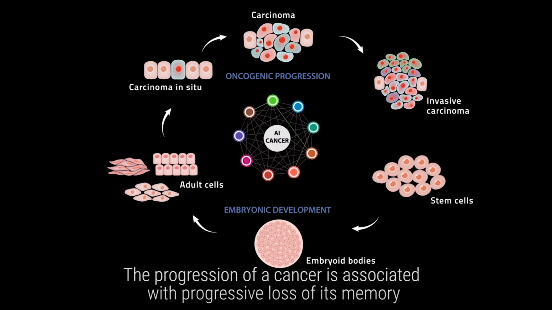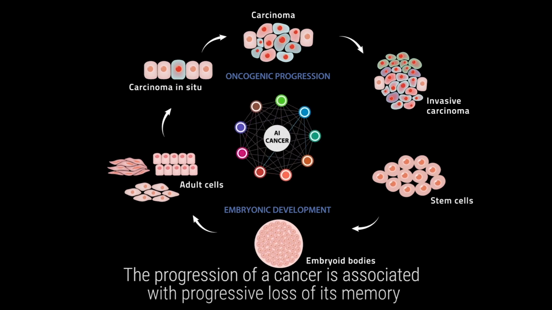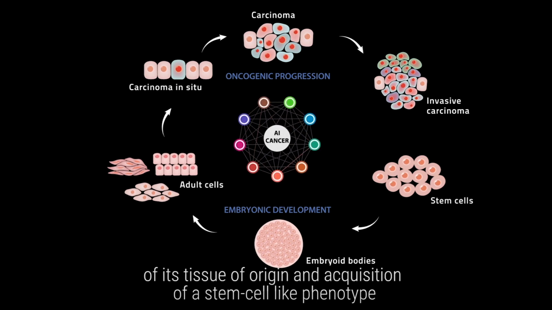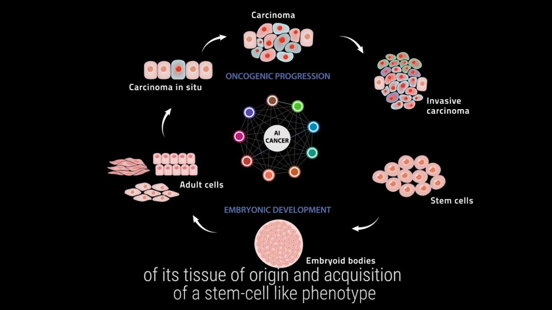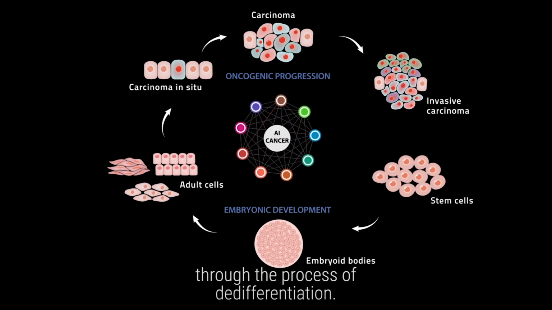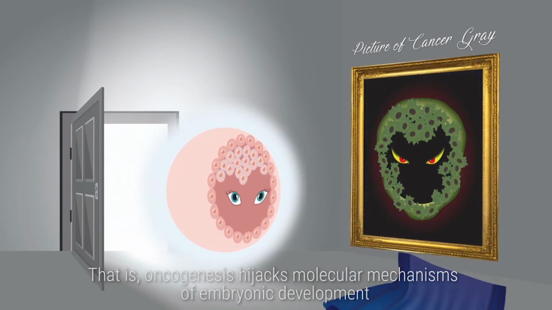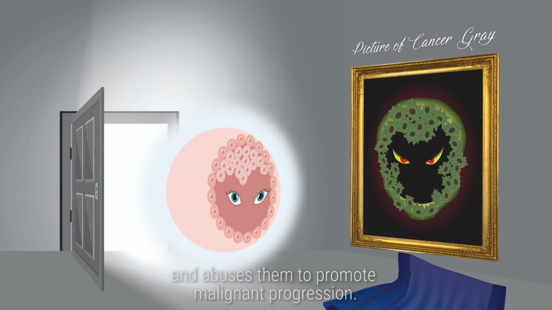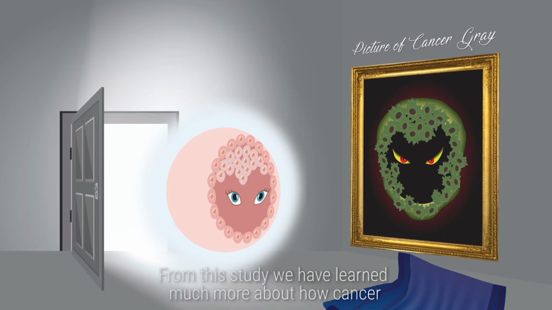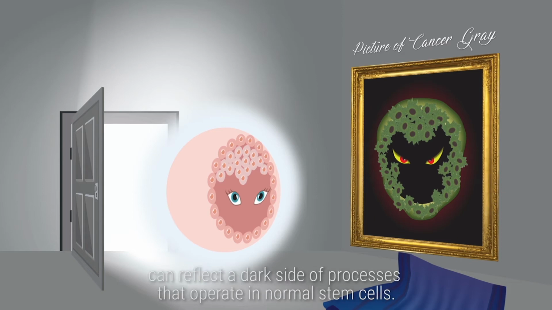The progression of a cancer is associated with progressive loss of its memory of its tissue of origin and acquisition of a stem cell-like phenotype through the process of de-differentiation. That is, oncogenesis hijacks molecular mechanisms of embryonic development and abuses them to promote malignant progression. From this study, we have learned much more about how cancer can reflect a dark side of processes that operate